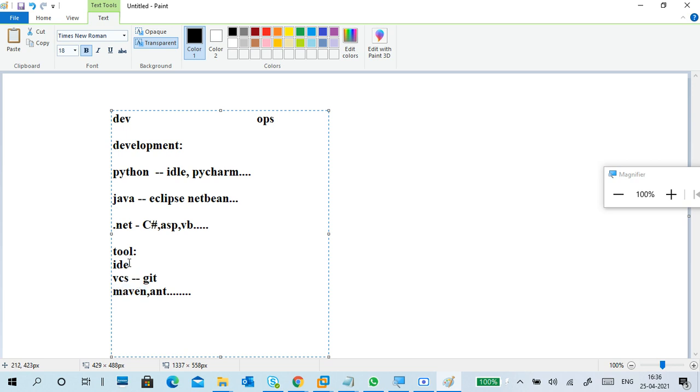Okay, and we have to develop with IDEs, integrate with Git, and execute with Maven and such, to make this integrated.